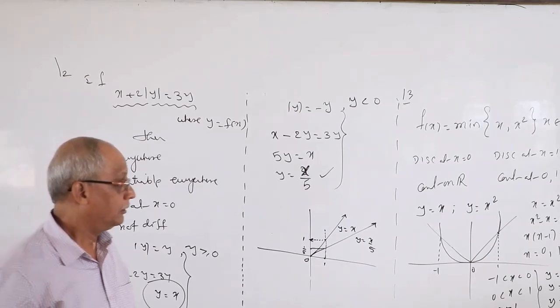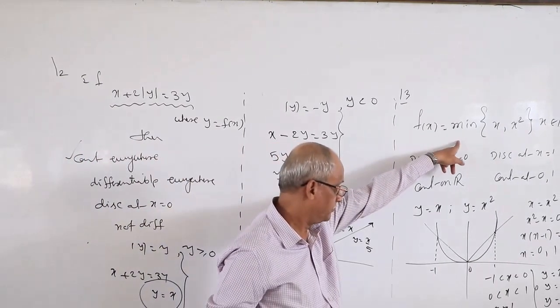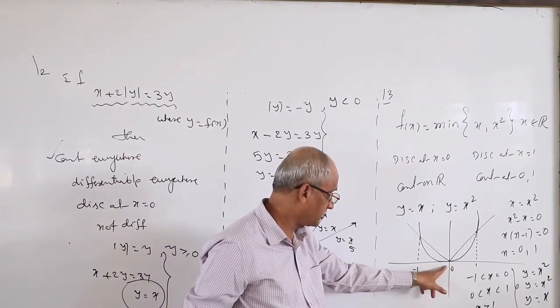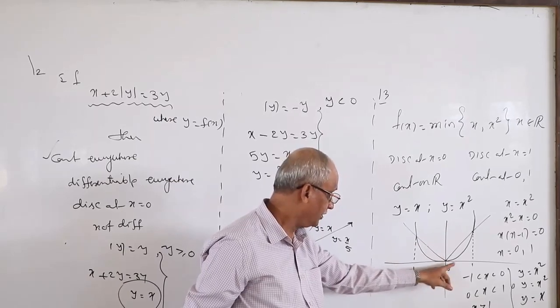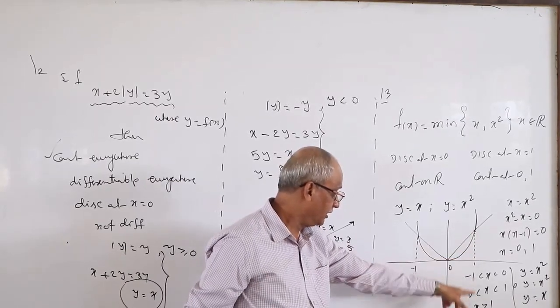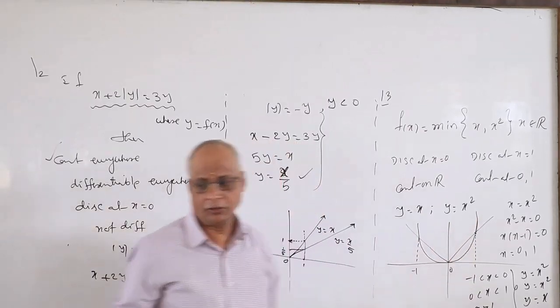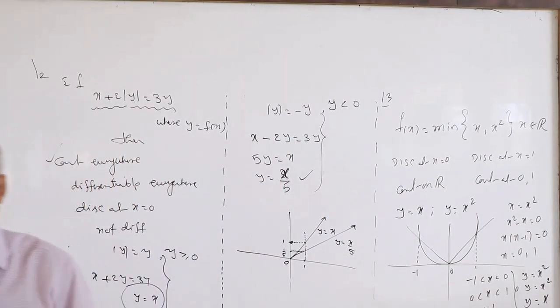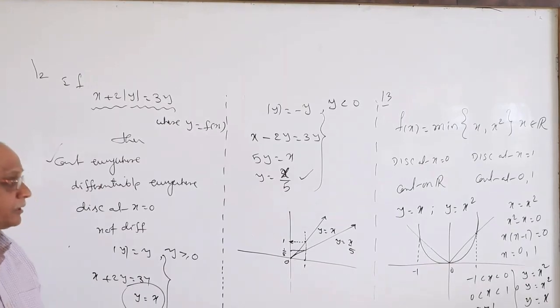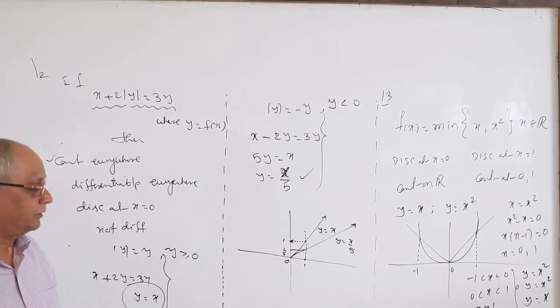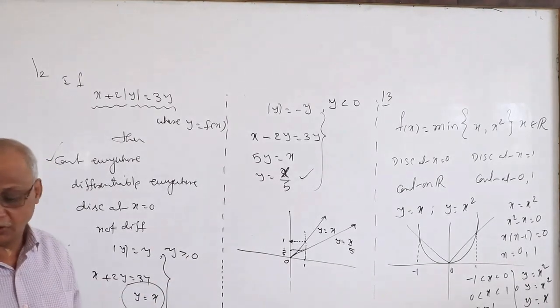Right? If I change it into maximum, in this interval, which is maximum? y equal to x. Here, y equal to x. In this interval, y equal to x square. Like that only. Not only x square, they can put any number of functions and different functions also. So, this is very useful, and this is the last problem.